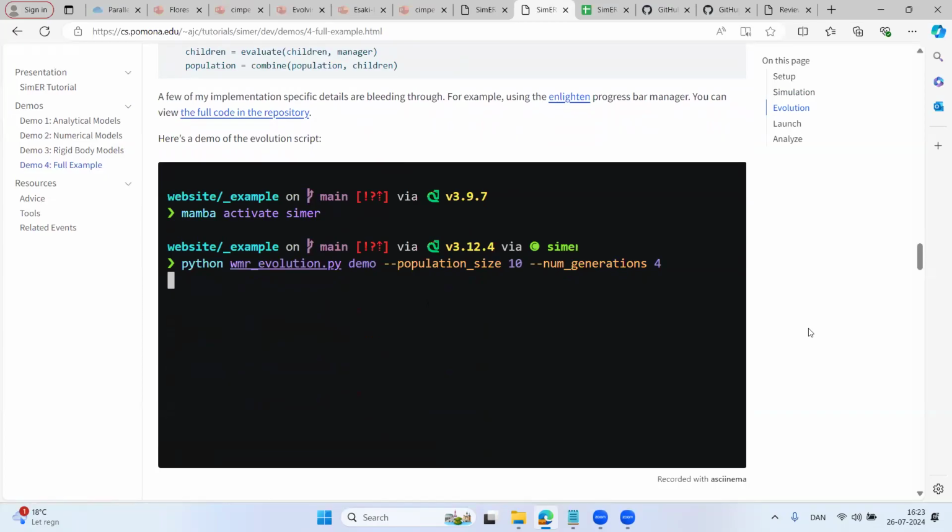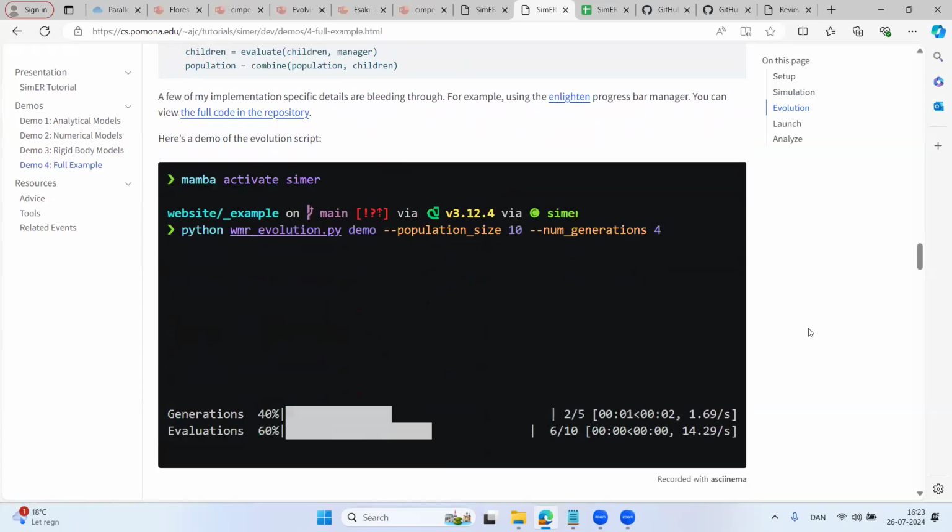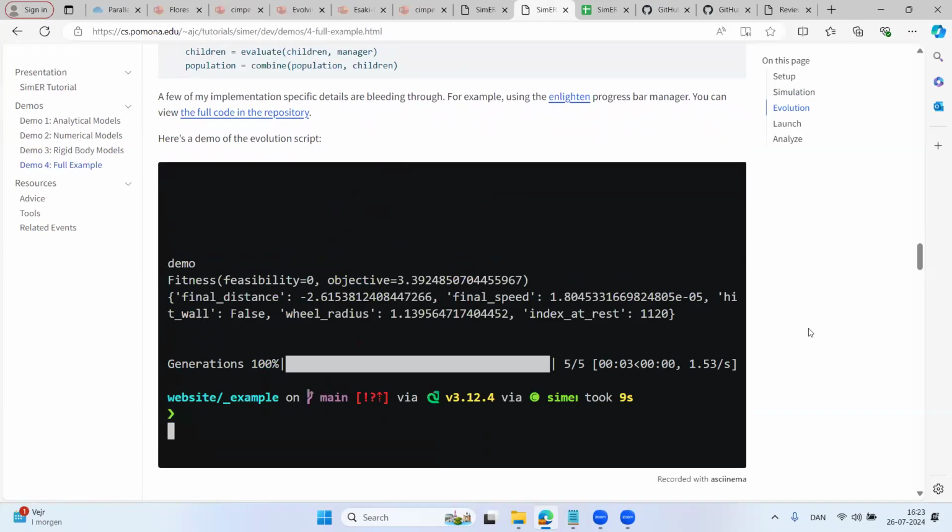This is me just running a demo version of it with a certain number of generations and a certain number of evaluations. Another thing I'll mention is I actually ripped it out of this one, but you should always checkpoint your results so that if something crashes, you can restart it from where it left off. Let's say it gets 100 generations into a 1,000 generation experiment. You should be able to pick up at that 100th generation by all the data you're saving at the end of every iteration, something like that.